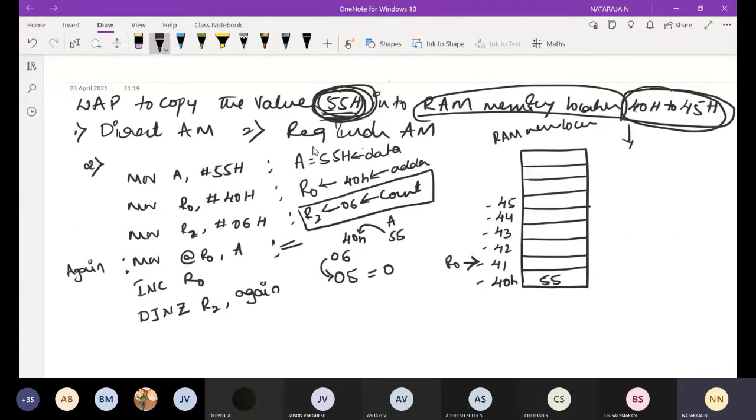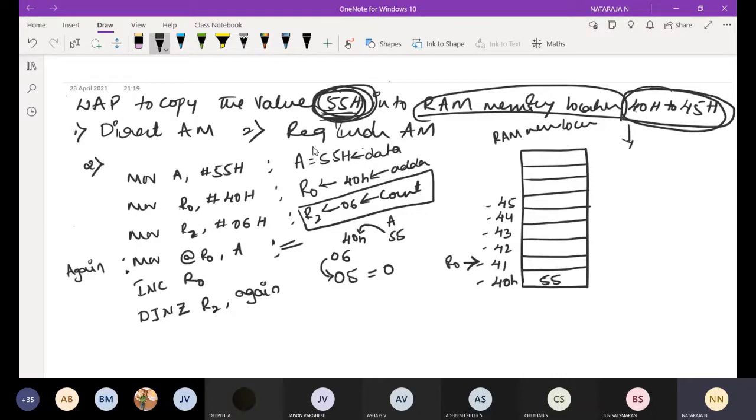As of now, we need to discuss register indirect addressing mode. I'm going to take these two instructions. Increment instruction: increment means increasing the value. Then DJNZ, decrement jump if not equal to 0.